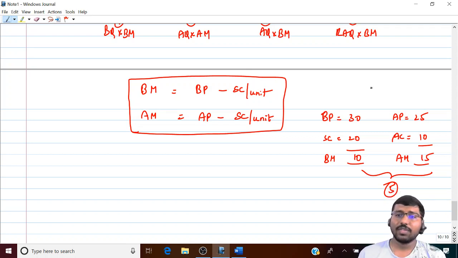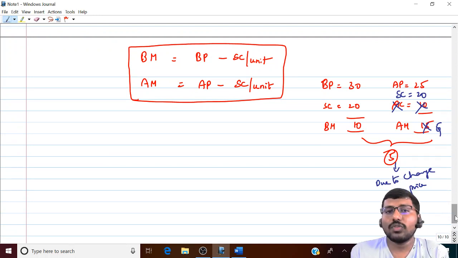You can't do anything. So take this number away and put instead the standard cost, which is 20. Then the difference is again 5. But now you can explain the reason. Why is there a difference of 5? Simply due to change in price. Due to change in price. You see?